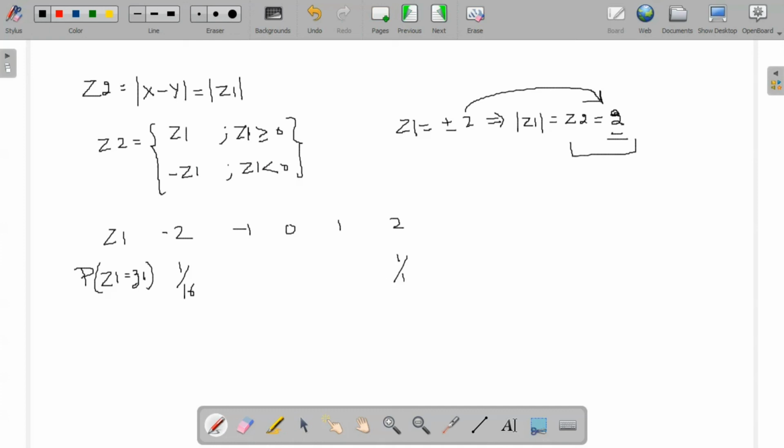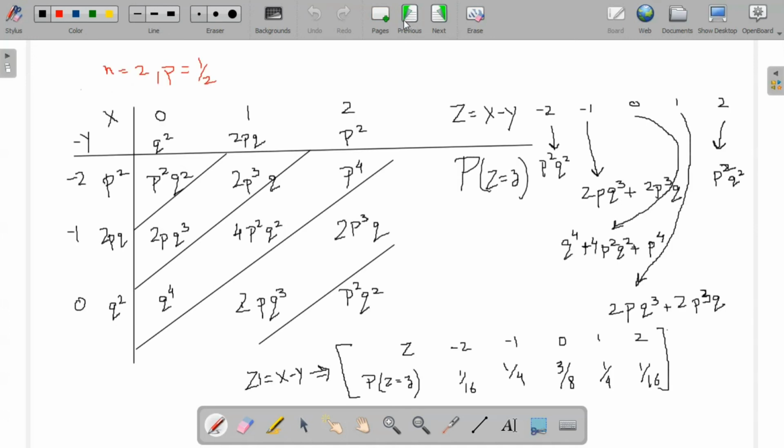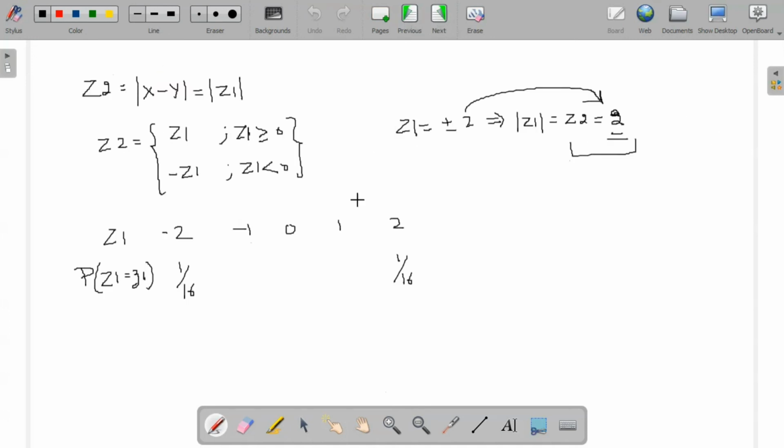These two were 1 by 16. And check 1 by 4, 3 by 8 and 1 by 4, 3 by 8 and 1 by 4. So probability of Z2 can take values, mod of this and this will be 2, mod of this and this will be 1 and this will be 0. So Z2 can take values 0, 1 and 2, and probability that Z2 is equal to small z2 will be